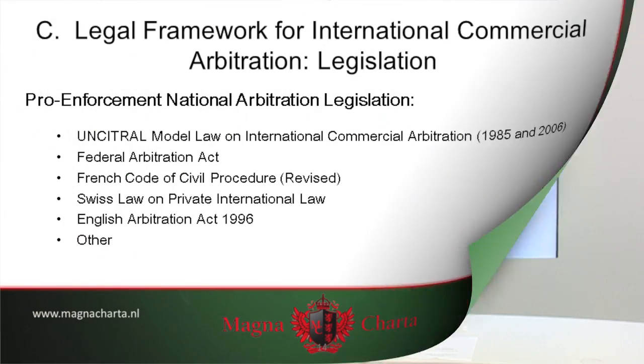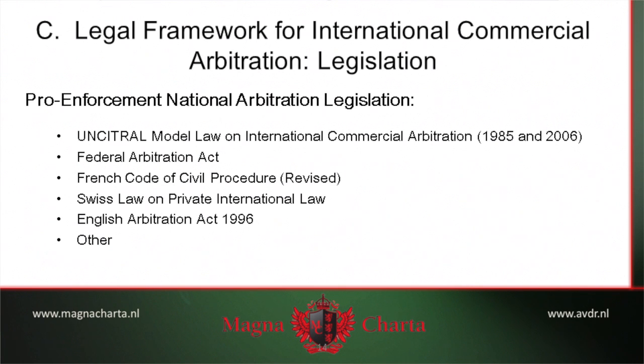A very important instrument, you can see it referred to on the current slide, is the UNCITRAL Model Law on International Commercial Arbitration. Promulgated first in 1985 by the United Nations Commission on International Trade Law, UNCITRAL, and revised, not very extensively, in 2006, the model law, adopted in some 60 countries, and we're going to look at its provisions in a moment, is fundamentally important, becoming increasingly important in today's world to the enforceability of international arbitration